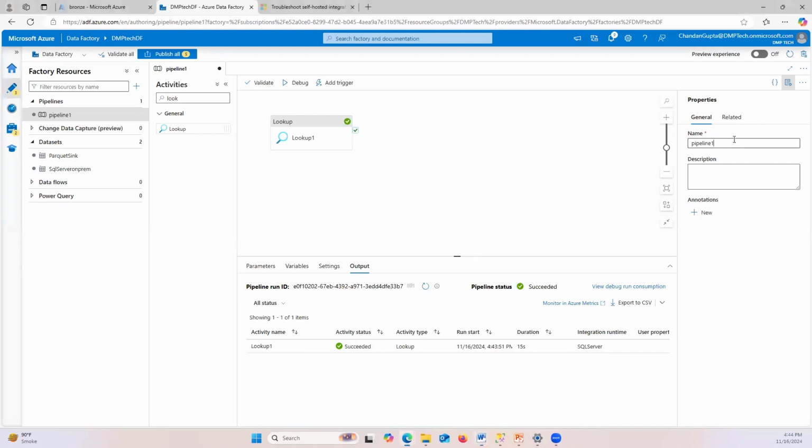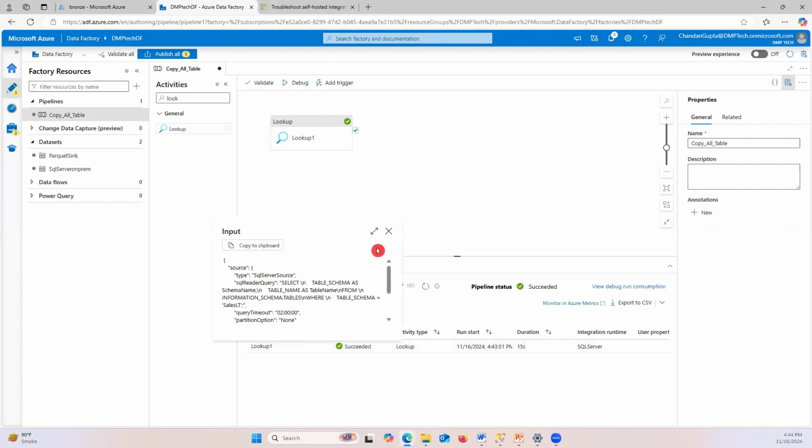Here we can also provide a name for this lookup, right? I'll just put copy all table. So this is the name I have provided over here. This is a success. So here I can see the input. If I put the cursor here, you can see this is the input. This is the query that we have provided. And if I show you the output here,